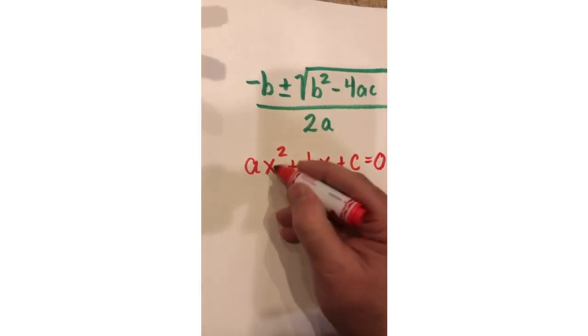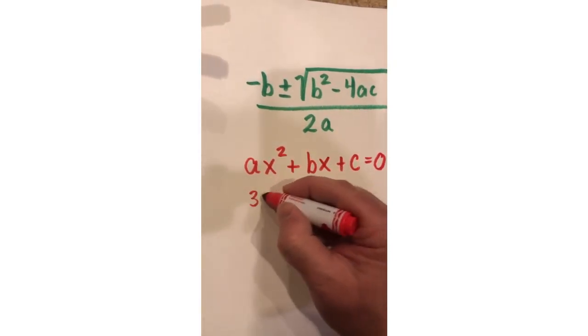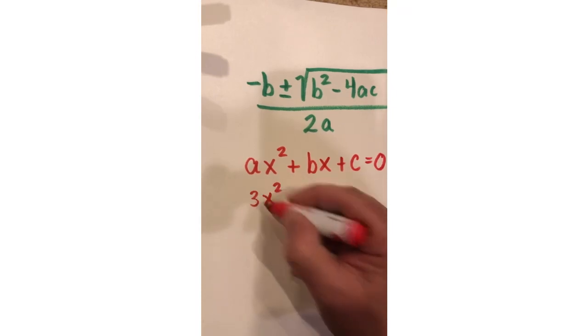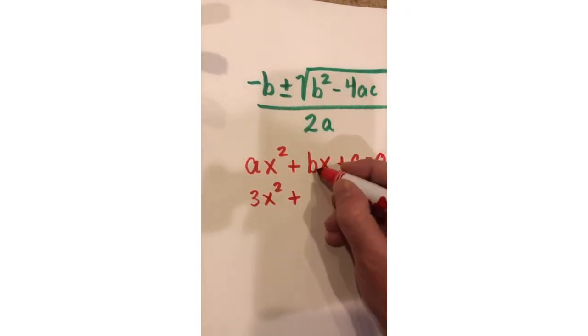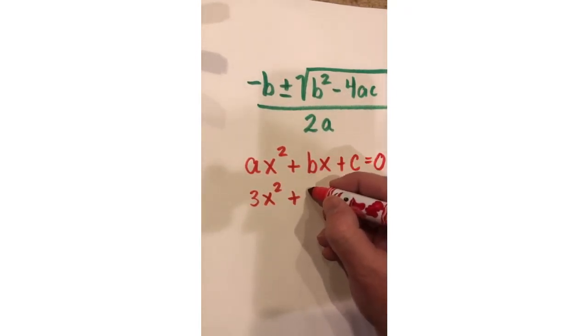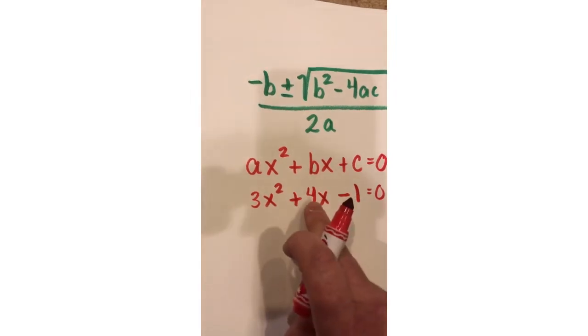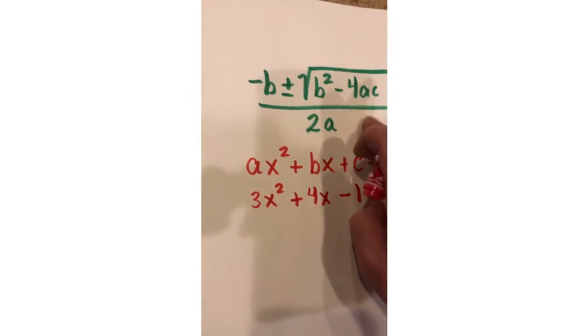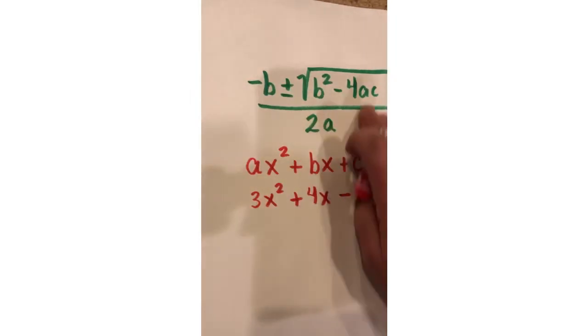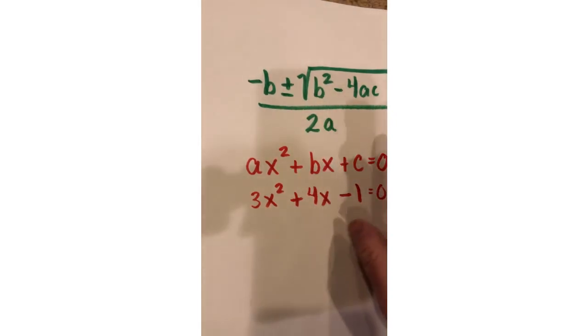The a is the number that's in front of x squared. So say we have a 3 here, a is 3. B is the number that's in front of x. So say we have a 4 here, b is 4. And c is whatever number is hanging out at the end. So let's say a negative 1's chilling over here. Negative 1 is your c. You take your a, your b, and your c, you plug them into this monstrosity, and whatever comes out is